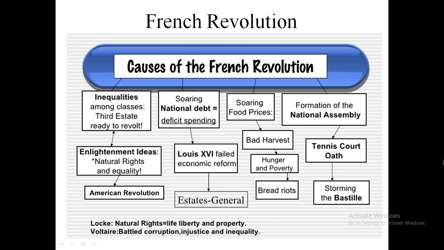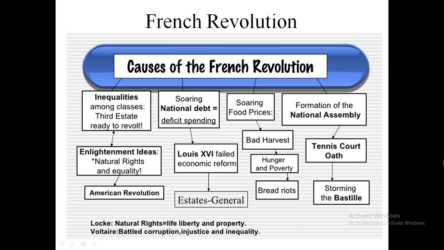Now let's go to the next topic, that is the French Revolution. Let us see the causes of the French Revolution. It is divided into 4 parts. You can read along with me. Inequalities among classes, Enlightenment ideas, that is natural rights and equality, American Revolution,